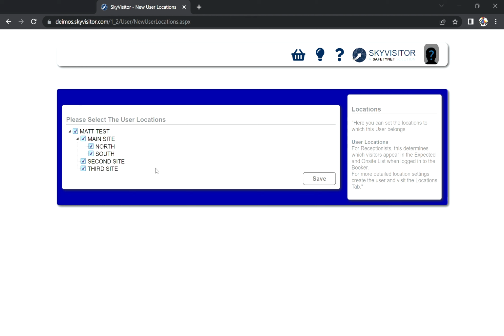If there's a specific location that I want that host to be registered under, you can simply untick the boxes that don't pertain to that host that you are creating. So if I just want to create a host for Northside, I can untick the other boxes and just leave that one ticked. And if you then hit save,